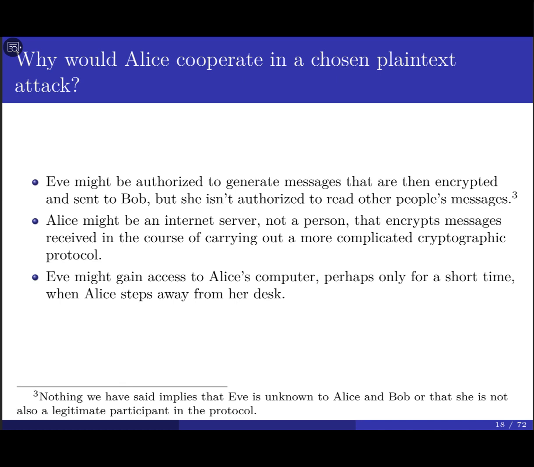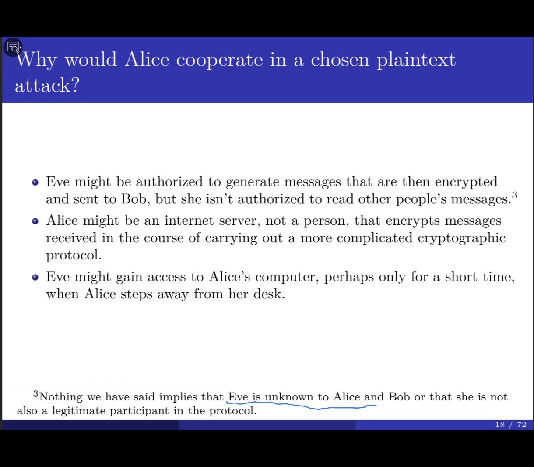Again, we didn't say anything about Eve being unknown to Alice or Bob. It might be a legitimate user, and this user may encrypt or decrypt messages in the system, but only your messages, not someone else's. Or maybe Alice is the server, which allows us to send a message to the server and have it encrypt it for me, or send a message to the server and have it decrypt it for me. Of course, it will check whether they are allowed to perform this operation or not. That is called access control, or authenticating the user, which is a different story.